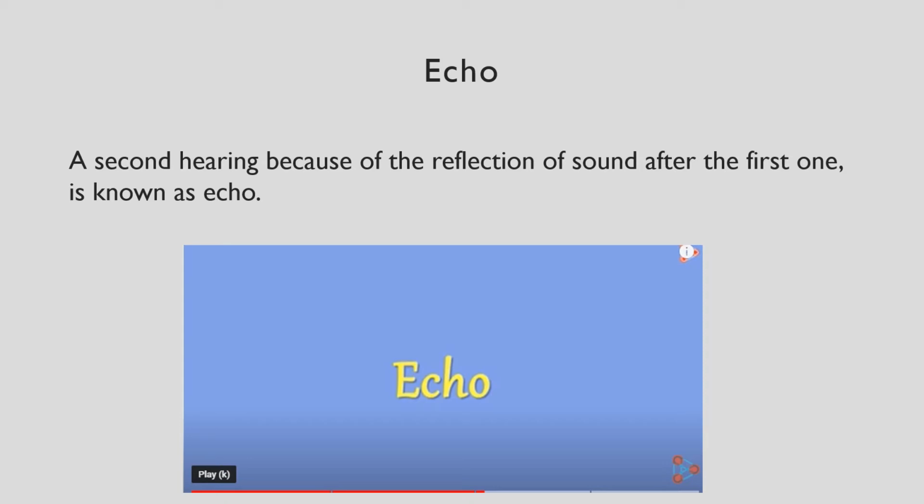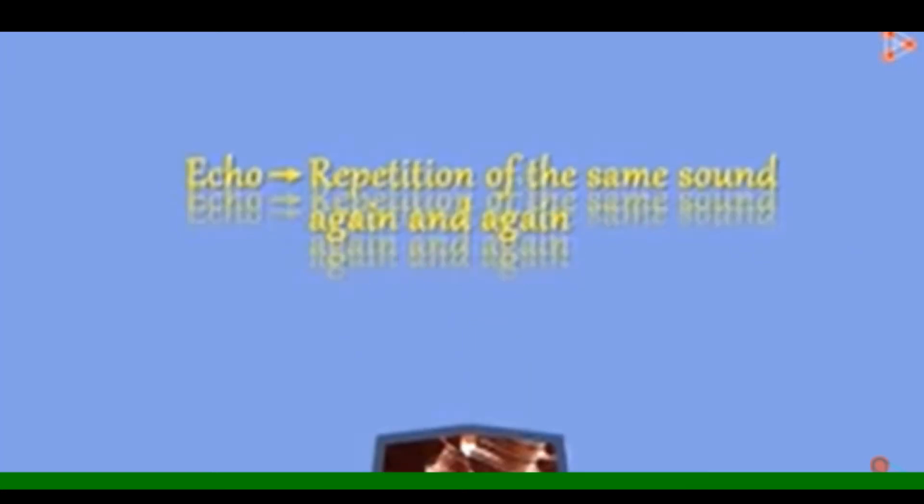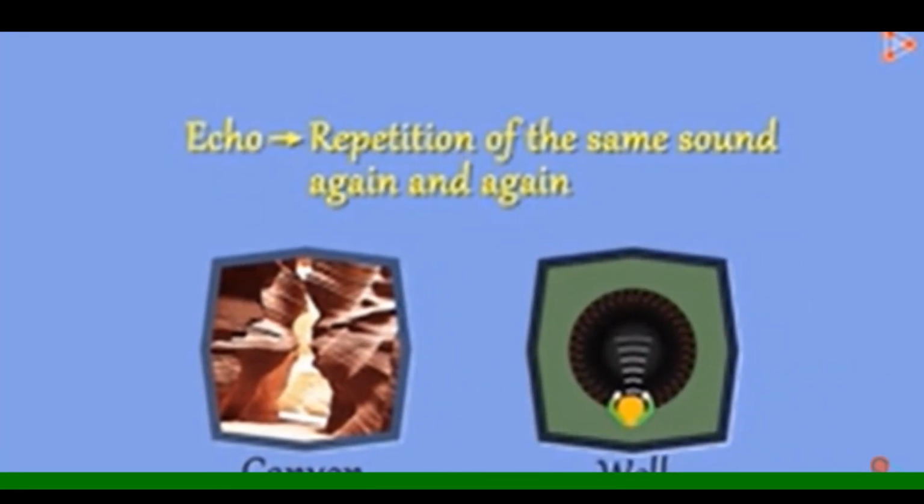So for example, if you say hello, due to echo, you will hear it as hello, hello, hello. So this is echo. If you say the word hello standing in your room, you will not hear it as hello, hello, hello. But if you go and stand near a mountain range and say hello loudly, then you will hear that sound back. This is due to the reflection and the process of echo.